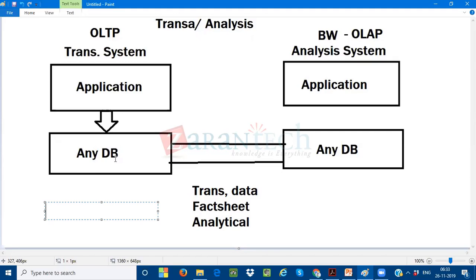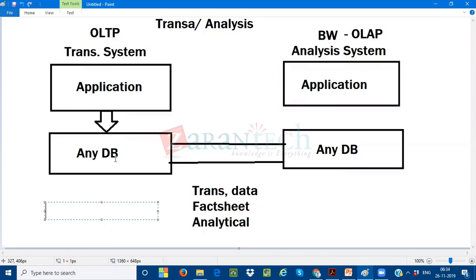Meaning it is only 3 days of data or a maximum of 1 week of data. So I want something like a customer report or vendor report or a GL balance report. Any report you can take within a short period of time, within the date range of 21 to 25, for example. So you can get the report directly from the OLTP system, and there is no need to depend on my OLAP system.